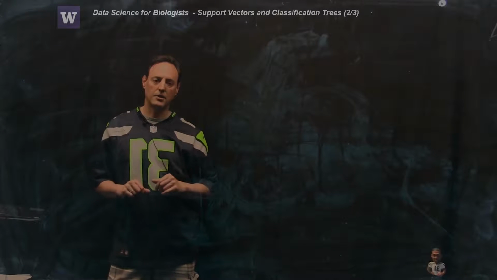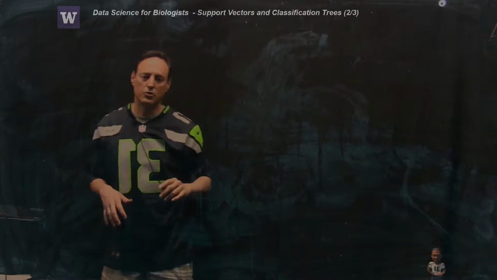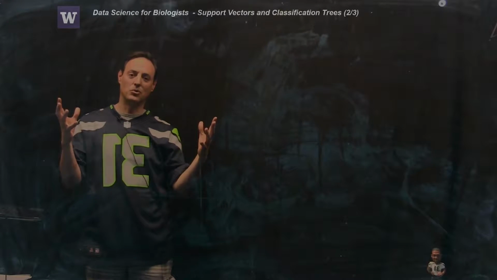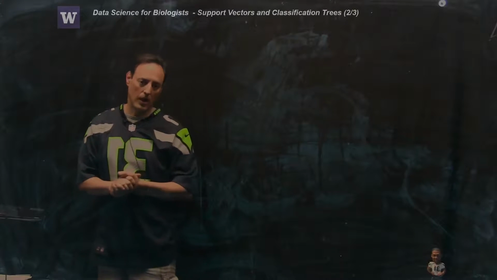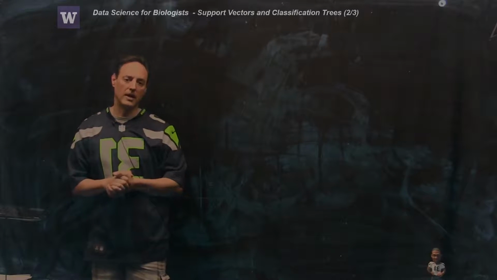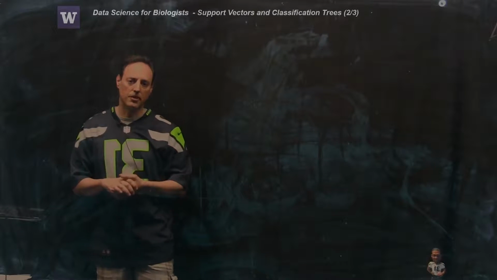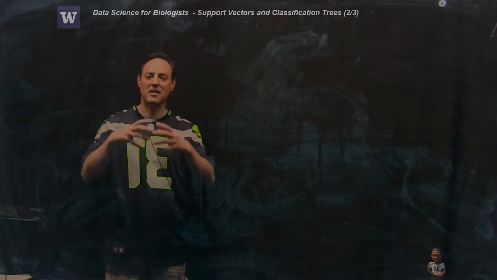So the second part of the lecture, what I want to talk about are classification trees. Classification trees, along with support vectors, are the two pillars of, let's say, the workhorse of industry. And so I want to give you an example of how to build a classification tree. Now, classification trees are very much similar to decision trees that you might have learned, like if statements,